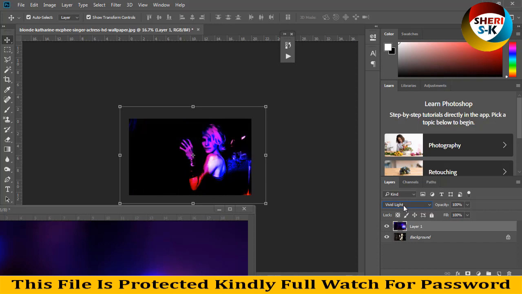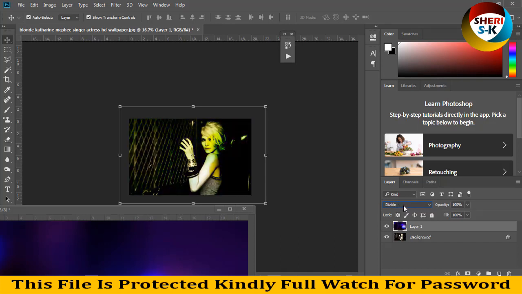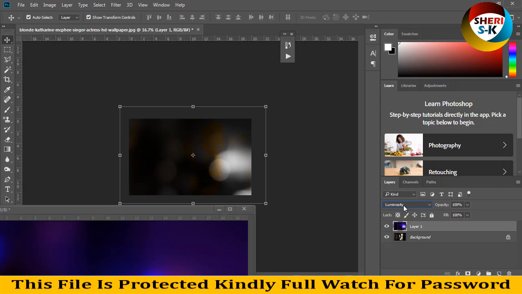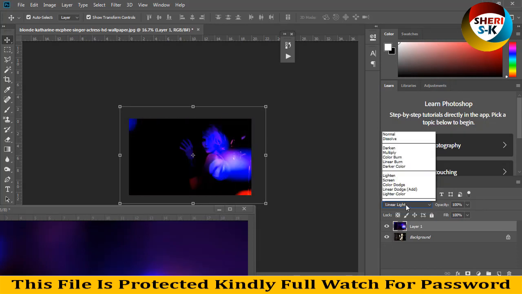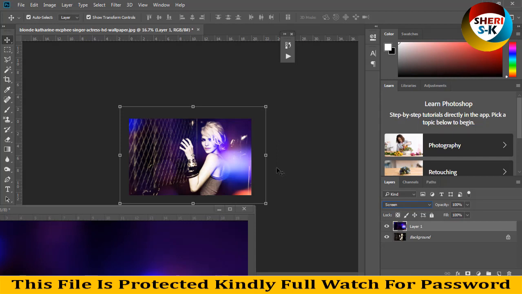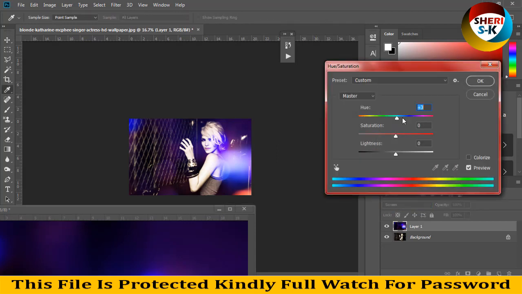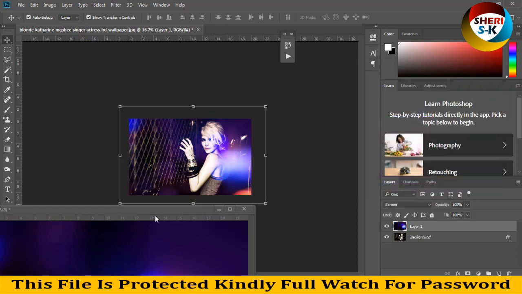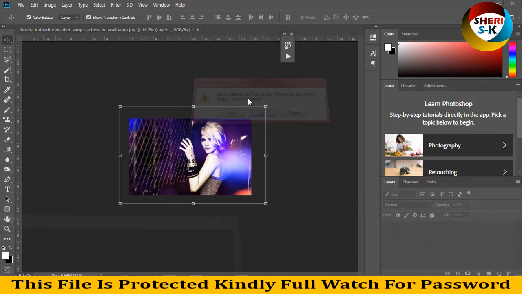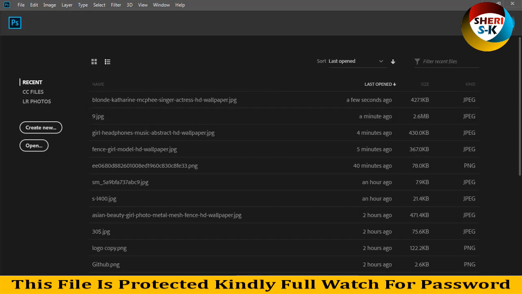hard color, like a mobile filter. Okay, so I just press on screen, press U, and you can change the color. Wow, for example lightness. Okay, and I try another file,